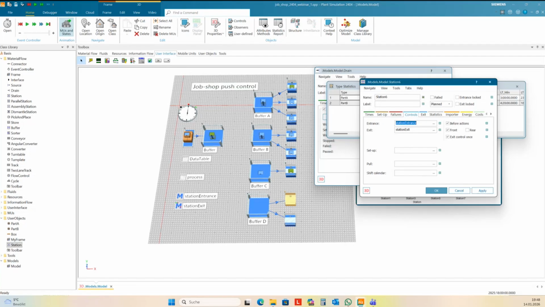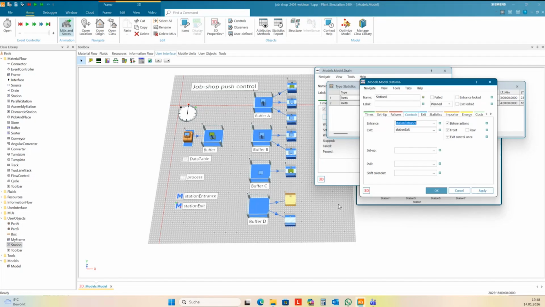If you want to just monitor the plan, if you have a plan, okay, part E starts production at 10:30 and 50 seconds, and finishes at a certain time, and then it goes to the next station and starts production there at exactly noon, and so on.